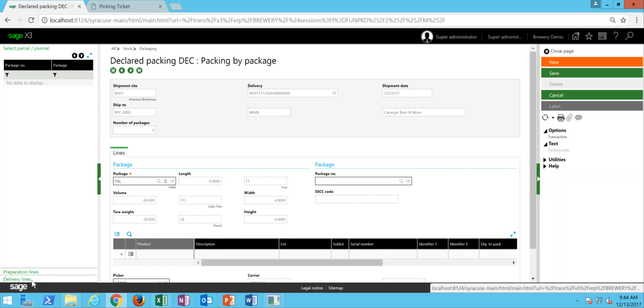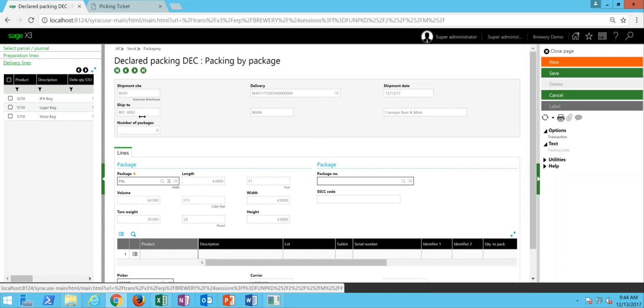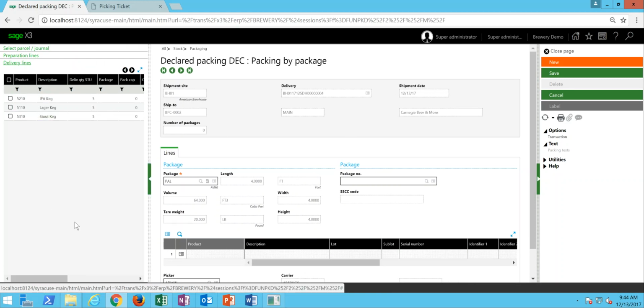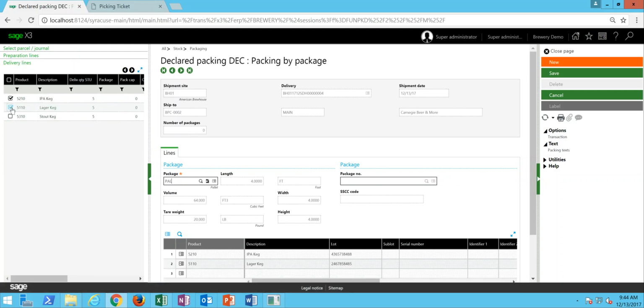Specify our package there, then come over to our delivery lines. So for this order, we have a total of 15 kegs that we're transporting. Let's say for discussion that we can do up to 10 per pallet. So I'll put these first two lines on one,